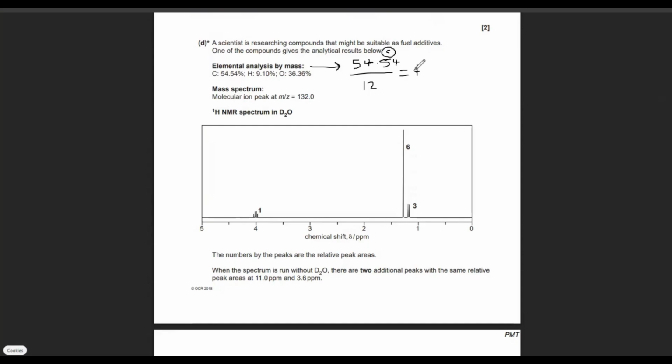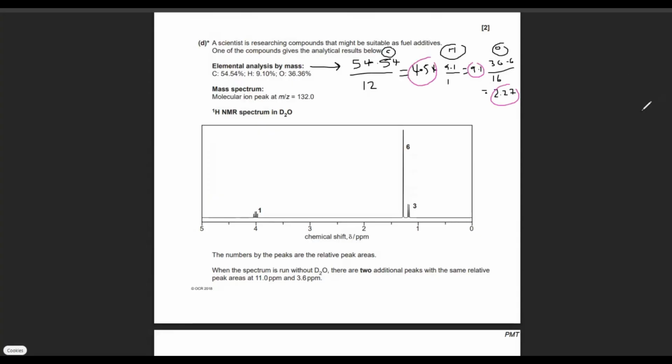Okay, so the first thing I'm doing is the empirical formula. Why am I doing that? They've given us elemental analysis by mass. You just pretend the percentage is grams. So 54.54 over 12, that's mass over Mr or Ar, and that gives me 4.54 moles. It's really just a ratio, but we can call it 4.54 moles of carbon. Then 9.1 over 1 gives me 9.1 of hydrogen, and 36.6 over 16 for oxygen gives me